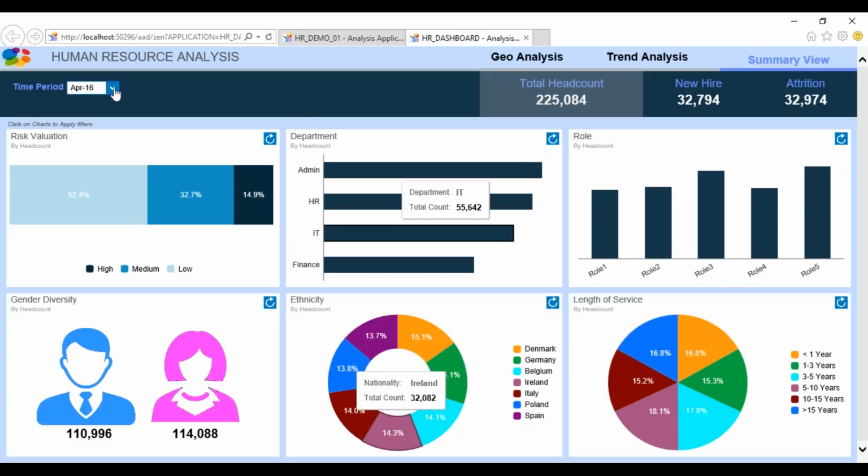In a drop down, yes, you can do that. But in graphs, you will not be able to. In graph, whatever data is coming from the data source, it will display that data only. Like for example, department, it's written department and total count, right? Department admin, total count, everything is coming from the data source only. You will not be able to change this tooltip.